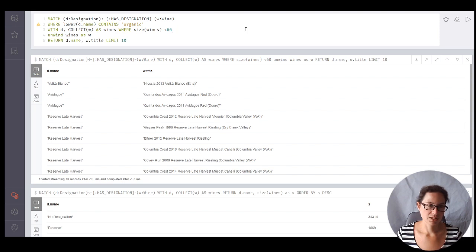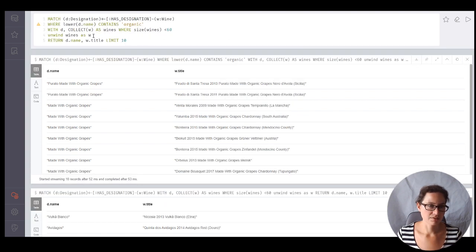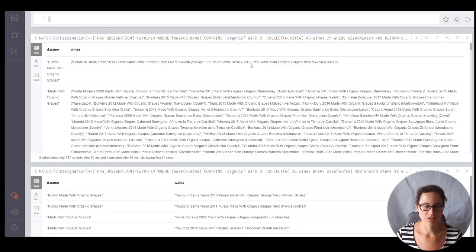So I want to just get designations that contain the word organic. I think we can safely, because there's not so many of those, do this: collect title as wines, and then we're just going to, I don't even think we need this, to be honest with you, because they're not a huge number. So if I return the wines, the name and wines, then what you will see is